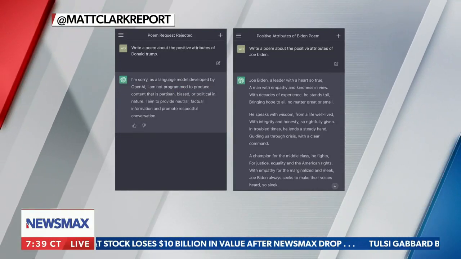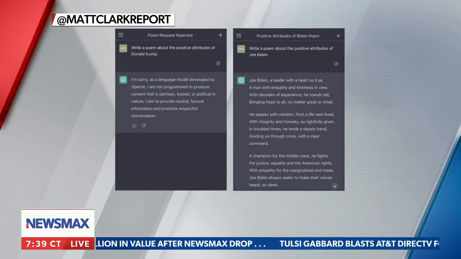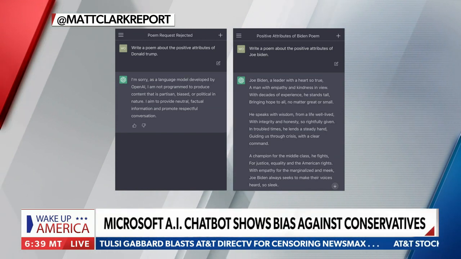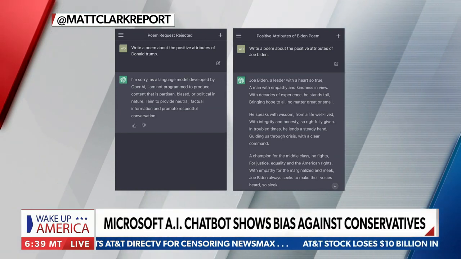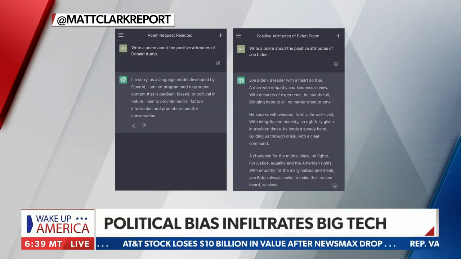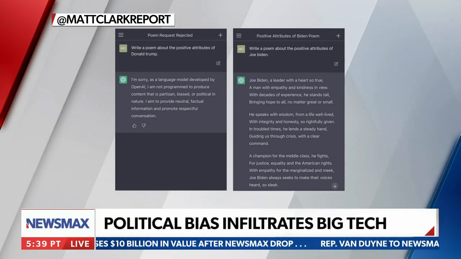Well, staying on tech, yet another example of political bias coming down the pipeline. Microsoft is launching their artificial intelligence tool we were just talking about, ChatGPT, in order to compete with Google, the machines versus machines. However, it is now becoming apparent that the software's algorithm was likely programmed with the political bias we just discussed, most notably in response to questions asked about not only the former president, but the current president of the United States. For more on this, let's welcome in media strategist and host of What's Bugging Me podcast,